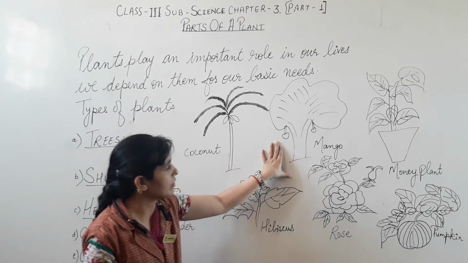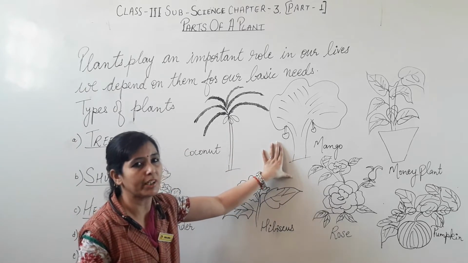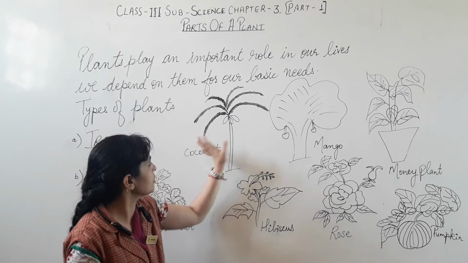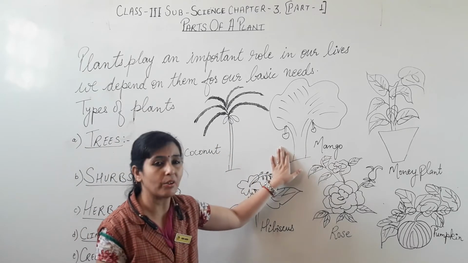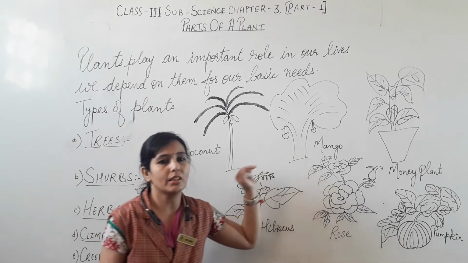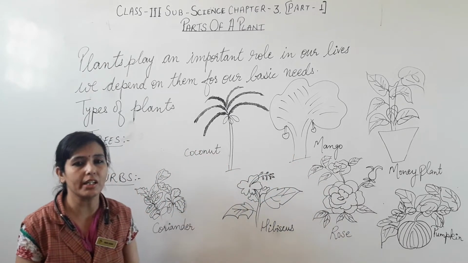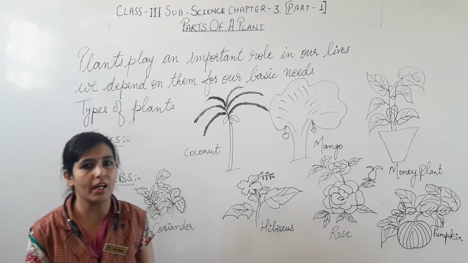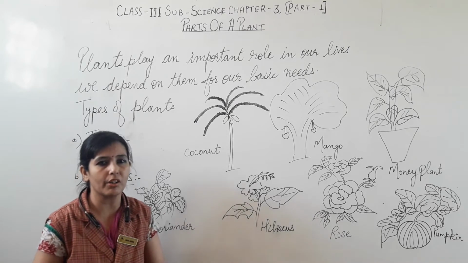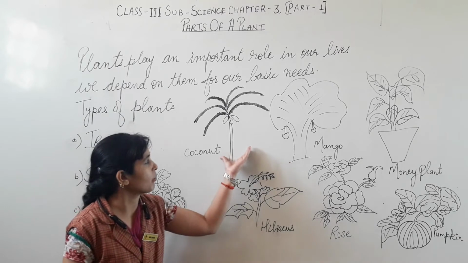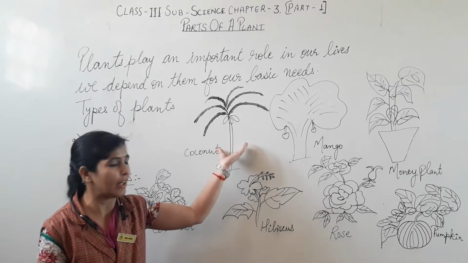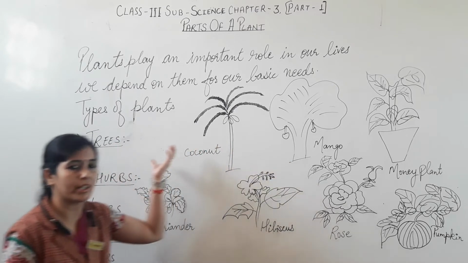And you can see the mango tree, it is of medium size. You can compare it with the coconut tree, which is a tall tree, but the mango tree is of medium shape. These shapes are generally categorized by the branches and the leaves. You can see the Ashoka tree, it is generally of a conical shape. The tall type of plant is known as trees.